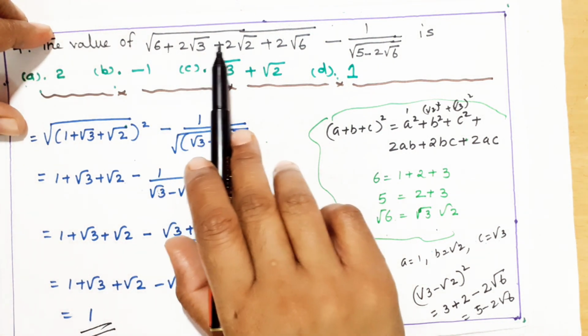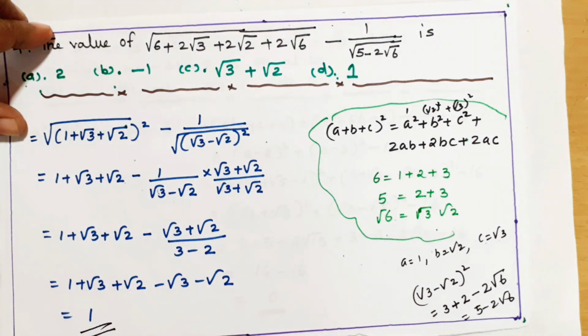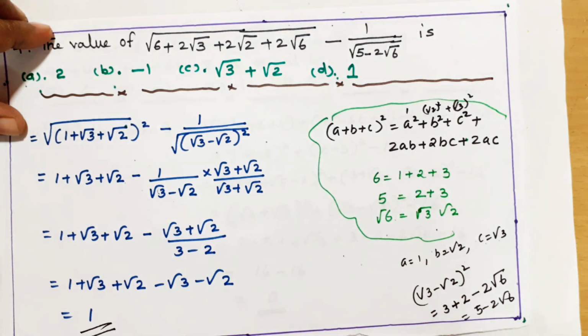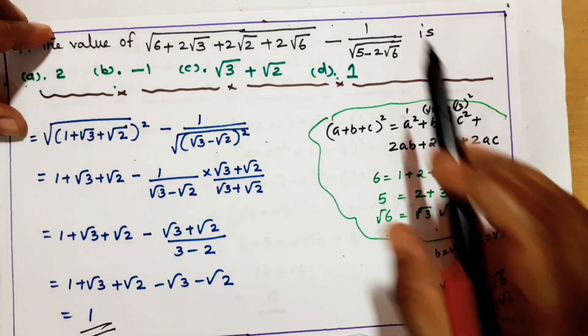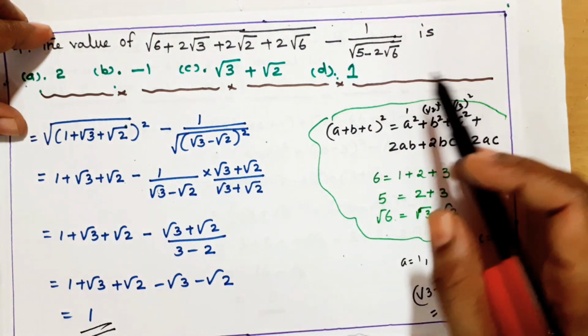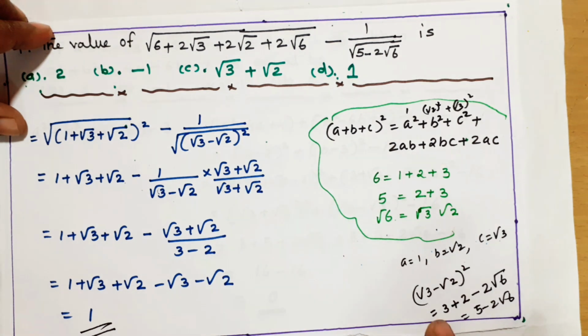And remember, if it is 2 into 2 into like that, your mind should go for this equation: a plus b plus c the whole square, or a plus b the whole square. That form only. And this number, how did I get it? When we are adding, we should get this number, and when we multiply also, we should get it. In that form, I tried.